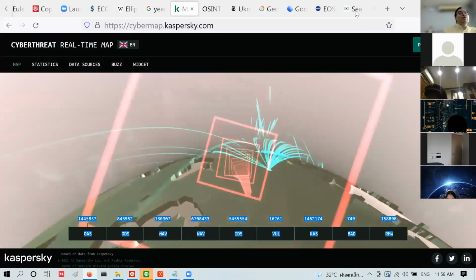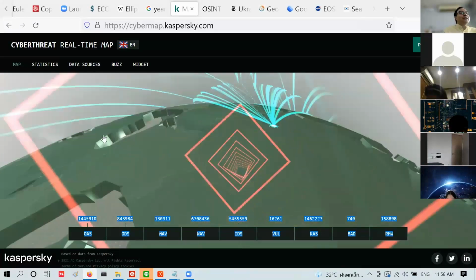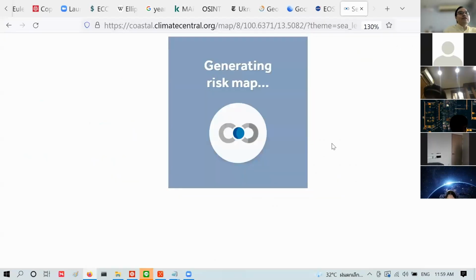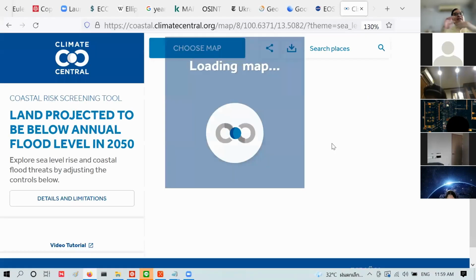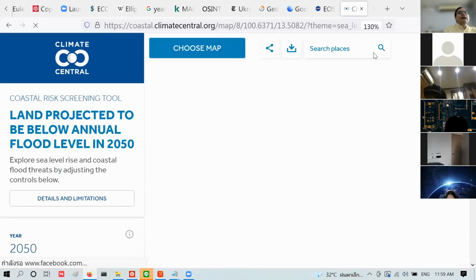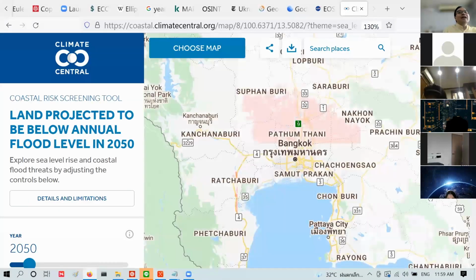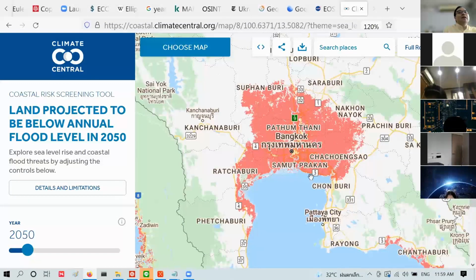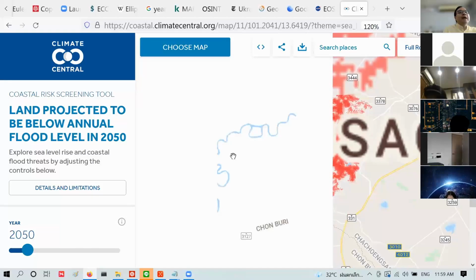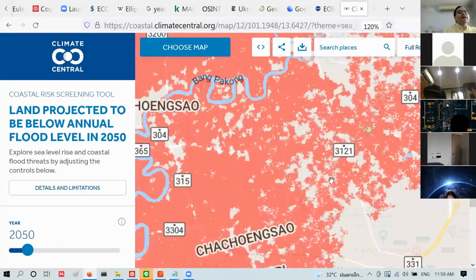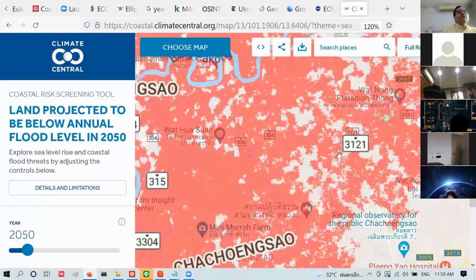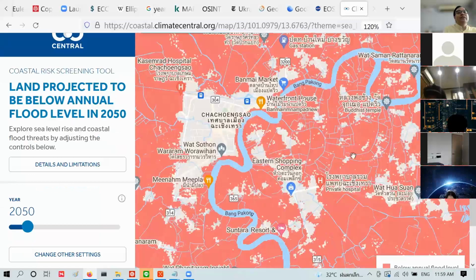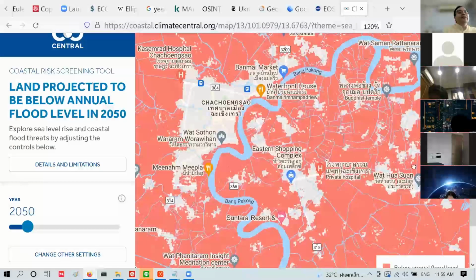Now, because you have GIS, you can actually do calculation. So this is not a photographic picture, but this is calculation. So you can say, I'm looking for, okay, this is seawater. So if you zoom in, Bangkok, right? This is where we are. So actually we'll be under the water in 2050. That's pretty much what this thing tells you.